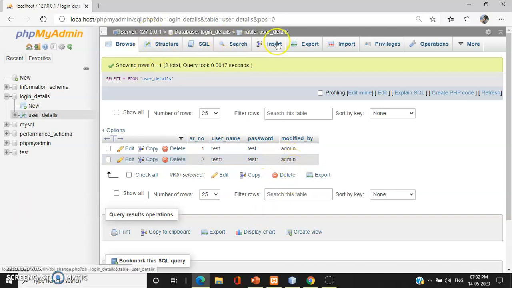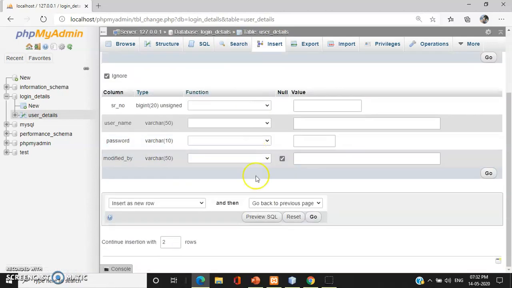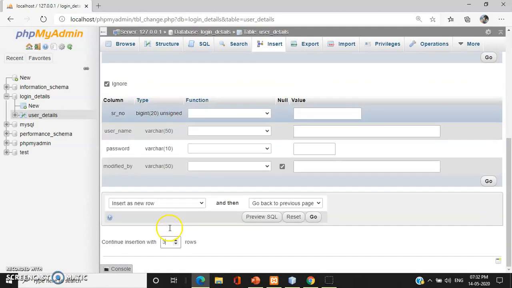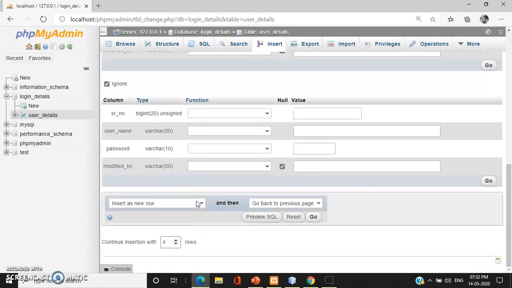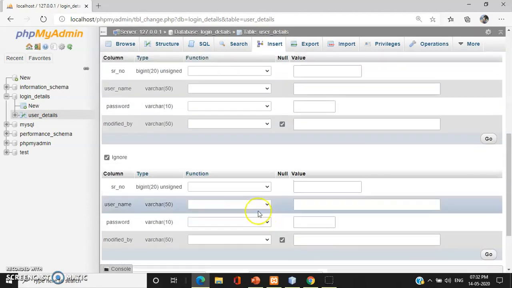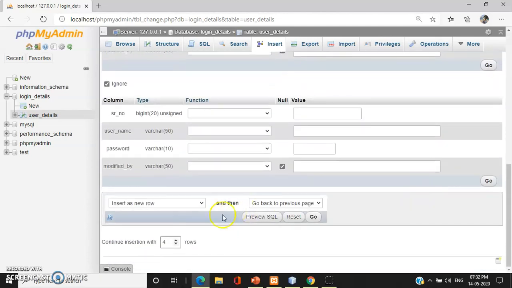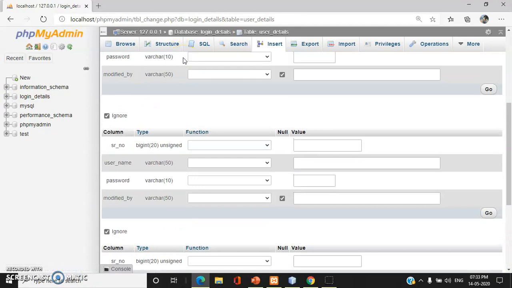When you want to insert more than 2 rows at one time, you can continue insertion here, add the number of rows that you want to insert, and enter the fields, and you can insert 4-5 rows at once. So I hope you are clear with this entire phpMyAdmin thing, and how we can create a table or a database in phpMyAdmin. Now, whenever we create a database, there is one more thing that you must do: